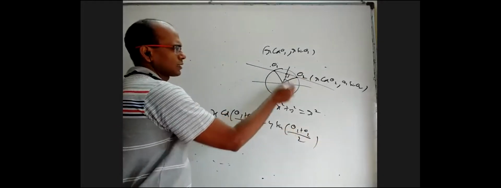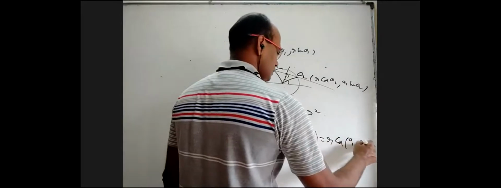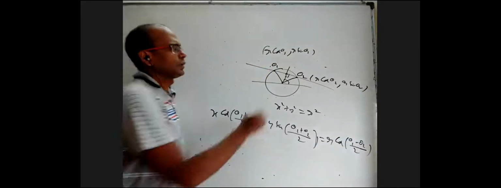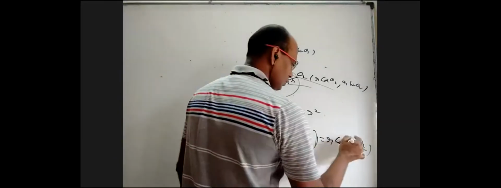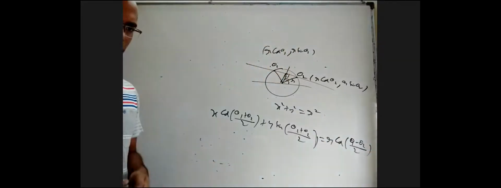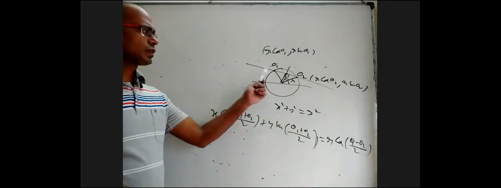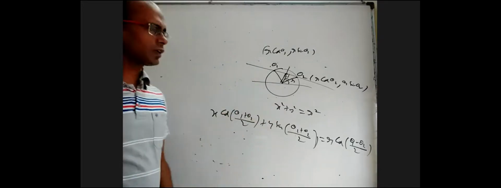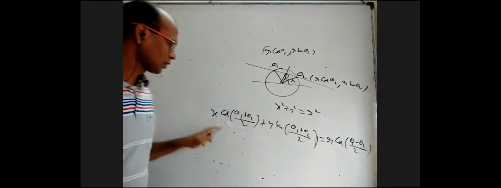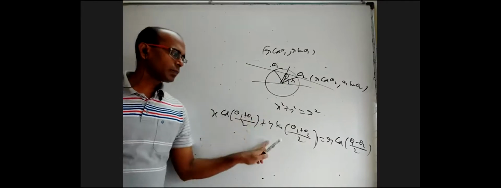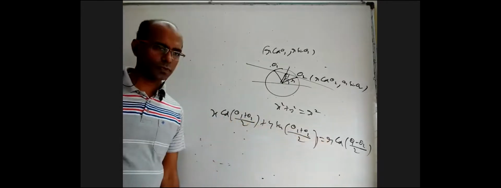So for this line, that is the angle of the normal, equal to r cos of theta 1 minus theta 2 by 2. Why? This is r and this angle is theta 1 minus theta 2 by 2, and this perpendicular distance is r cos of theta 1 minus theta 2 by 2. Okay, this is the formula. You can remember whichever way you want for the chord joining theta 1 and theta 2. Same formula is there in ellipse, where the points are a cos theta 1, b sin theta 1 and a cos theta 2, b sin theta 2. This r would have come here, and you would get x by a here, y by b here, equal to 1. Same formula in ellipse also.